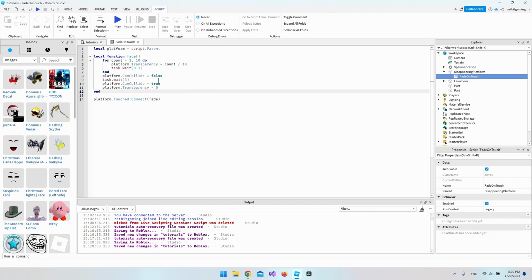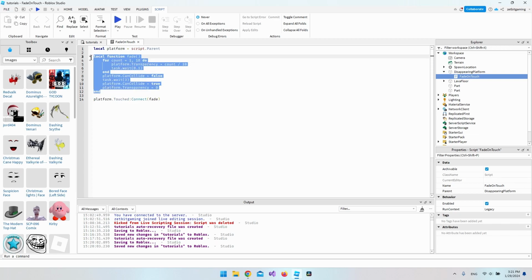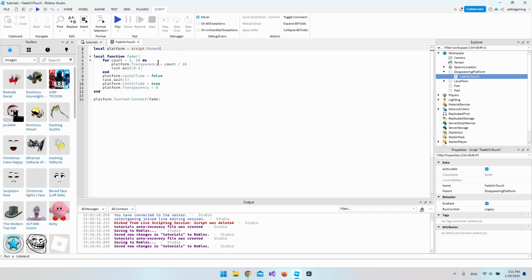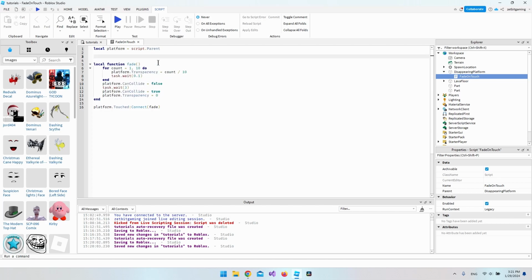But in Roblox we have something that is called debouncing. So in that case, every time you actually touch the platform here, it will go and execute this. So, you know, every step you take on the platform, it will go and execute it for every single touch you make on the platform. And this would just go and run many times, and we don't want that. So what we can do is that we want to go and create a new variable where we check if